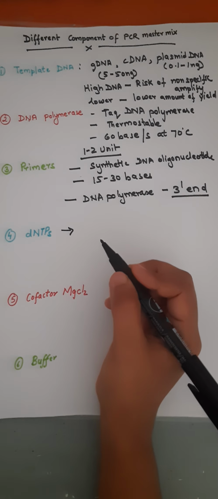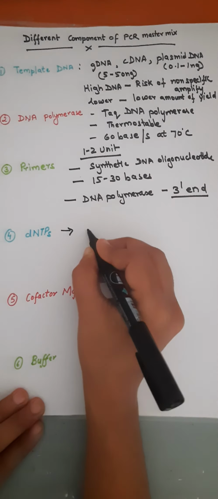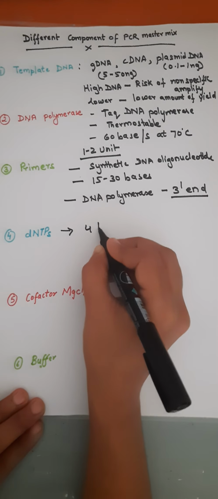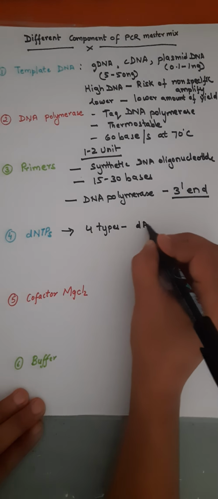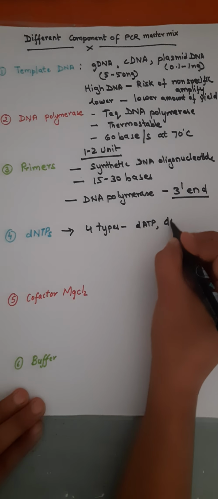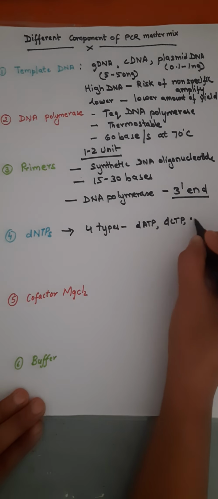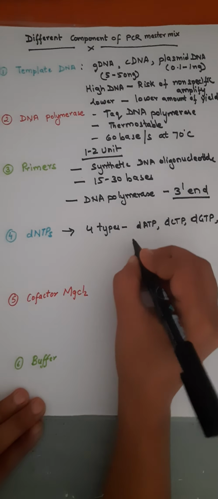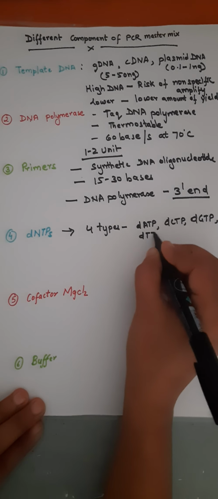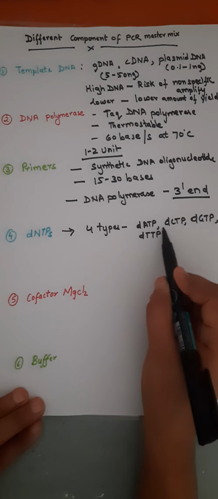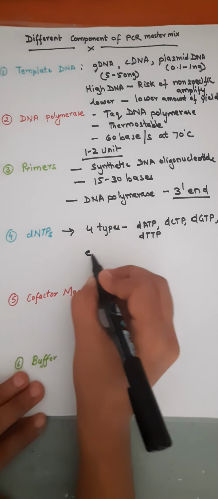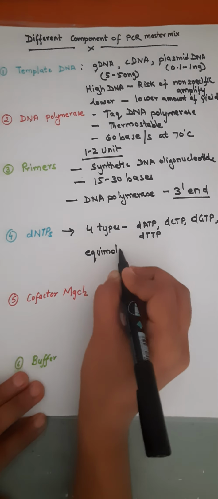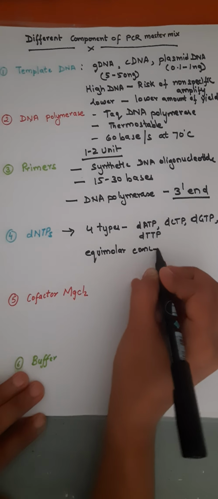Then comes the dNTP. dNTP stands for deoxynucleoside triphosphate, and we all know that there are 4 types of nucleotides: dATP for adenine, dCTP for cytosine, dGTP for guanine, and dTTP for thymine. These are the different types of dNTPs. Always remember that they are required in equimolar concentration for optimal